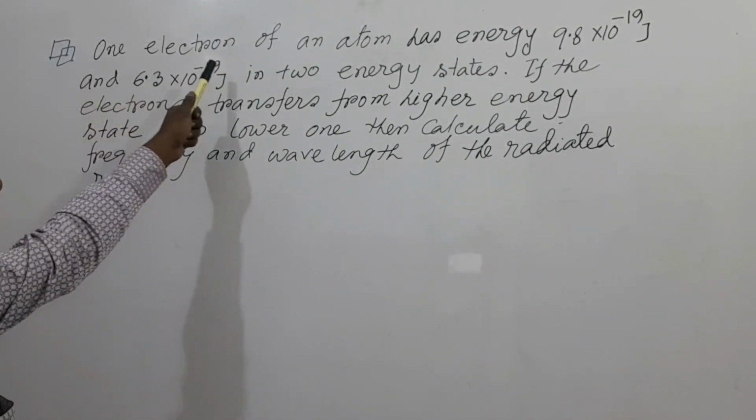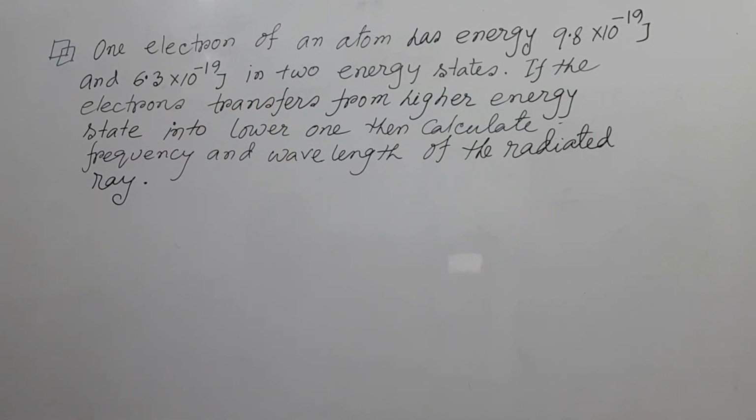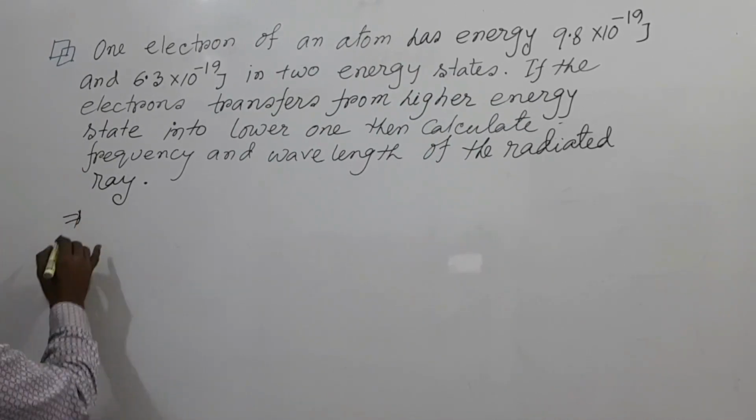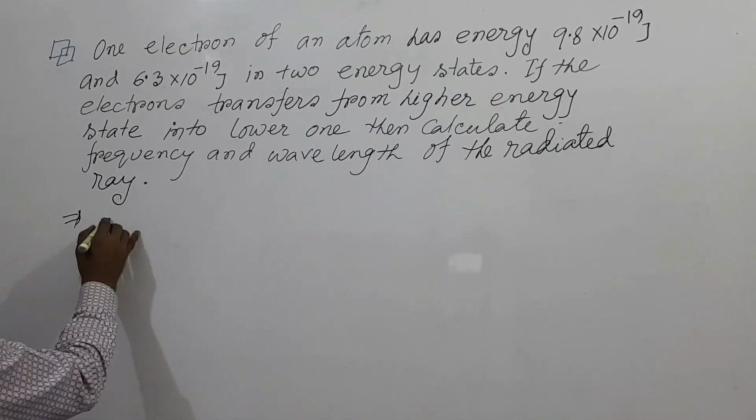One electron of an atom has energies 9.8 into 10 to the power minus 19 joule and 6.3 into 10 to the power minus 19 joule in two energy states. If the electron transfers from the higher energy state to the lower one, then calculate the frequency and wavelength of the radiated ray. So my dear students, now according to